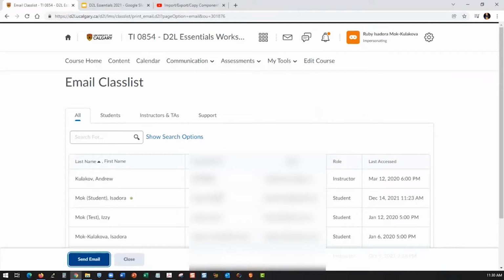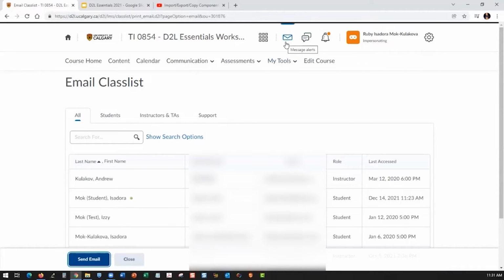So occasionally, especially at the beginning of the semester, you may have a situation where a student says, I never got that email that the rest of the class got. So for you to troubleshoot and see, did I miss them or what happened? Because sometimes it's a he-says, she-says situation where you don't really know what happened. So to troubleshoot, what I want to mention is that you as the instructor,